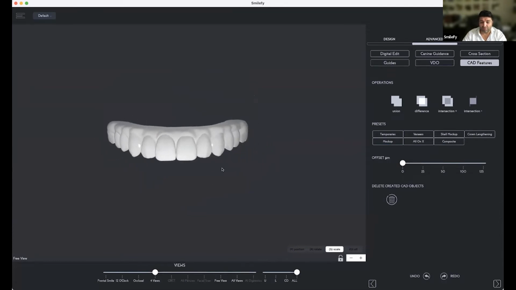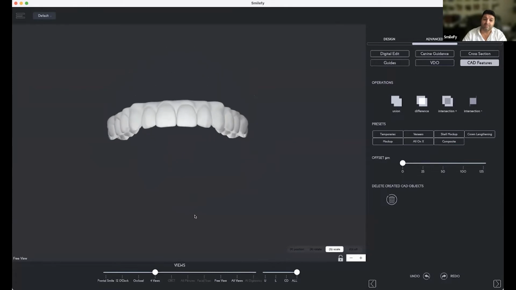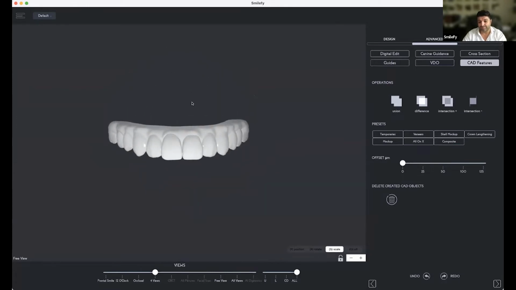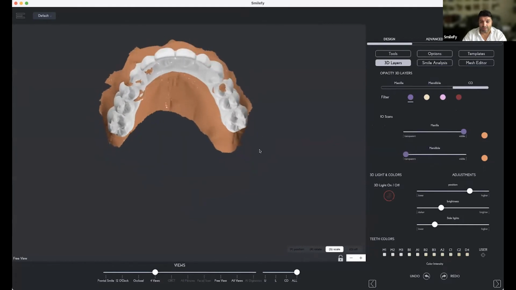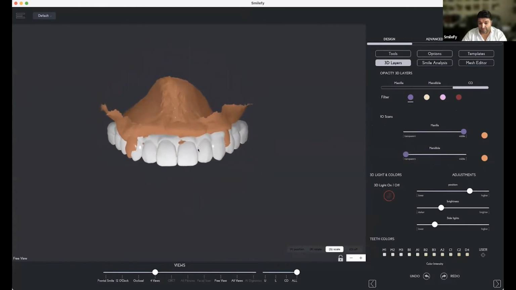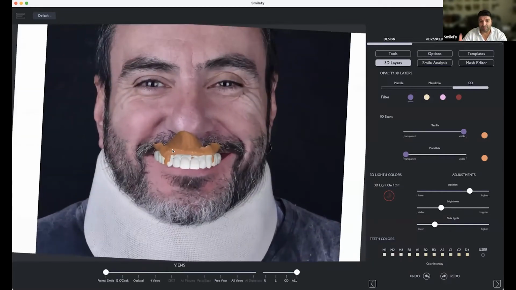One file. If you have a full arch implant bridge, you can export this file and import it in your implant software. You have the intraoral scan. It's calibrated automatically with your full arch implant bridge. They are in the same position, so you can import and then plan your surgery, extractions, and so on. I love this case because it's so challenging. You need to start somewhere. You don't know where to go, how to do, but you have the starting point, and then step by step, you can follow